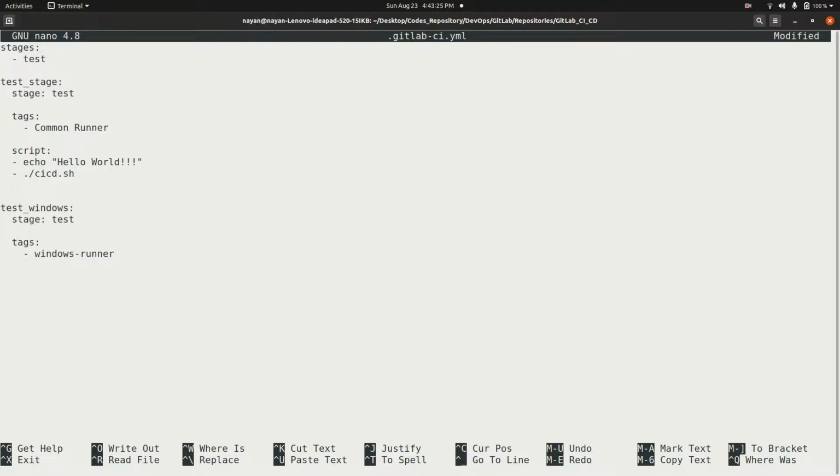Now next I will mention what I want to do with this CI/CD pipeline. So I will just print echo hello world. Please make a note that this hello world will not be executed on the target operating system. It is just executed on the UI side, and it won't be shown anywhere on the Windows or Linux OS side.